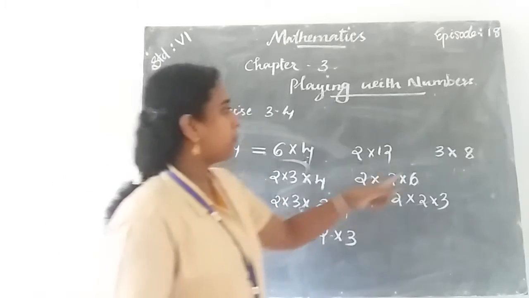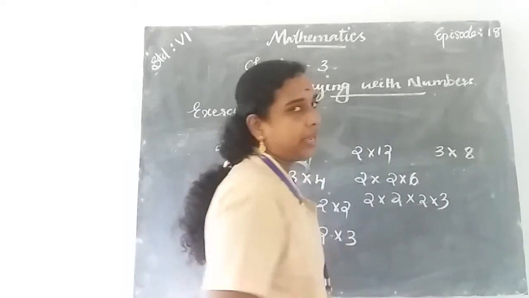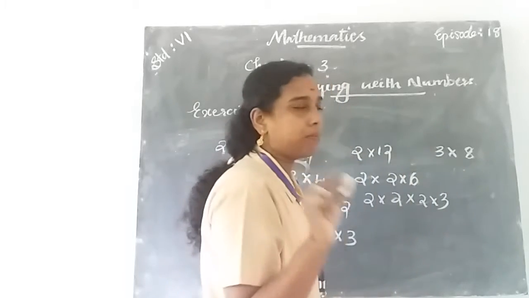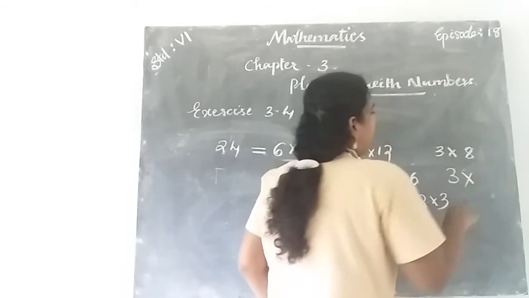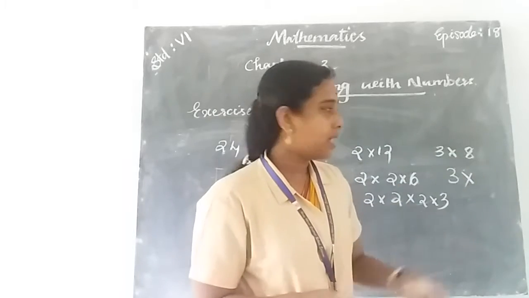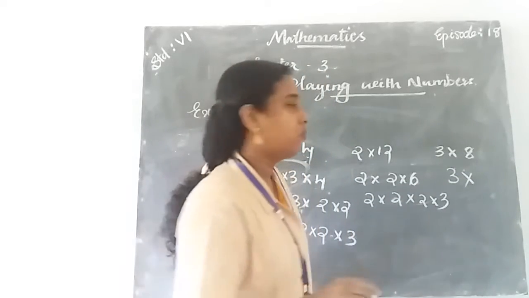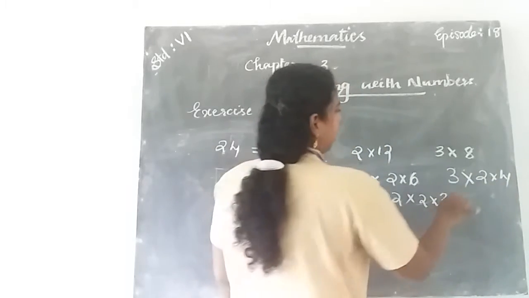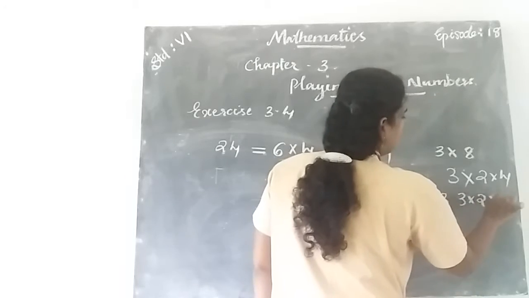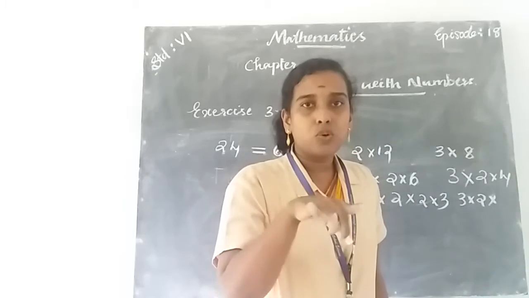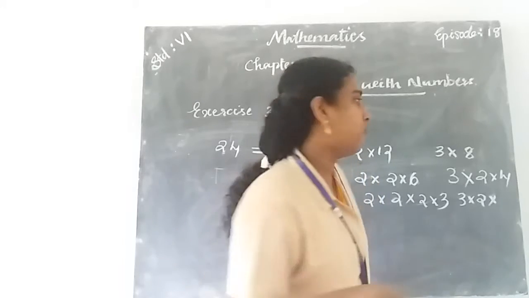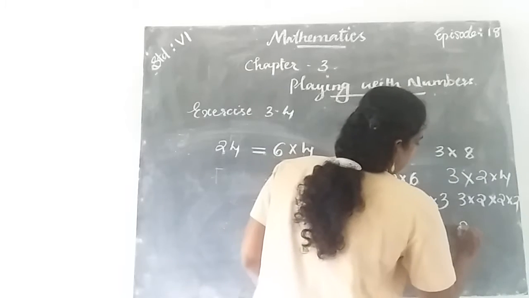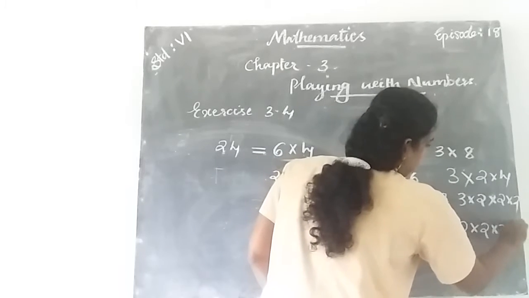Okay. And the next factorization method is 3 into 8. 3 into 8 we also get 24. Then 3 is a prime number, so we write 3 here. Then we can write the 8 as the product of 2 into 4. 2 is a prime number, and 3 into 2 into 2. 4 is the product of 2 into 2. So we can write 2 into 2. First we write the 2's, 2 into 2 into 2, then into 3.